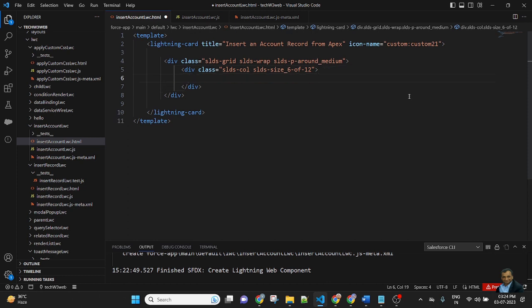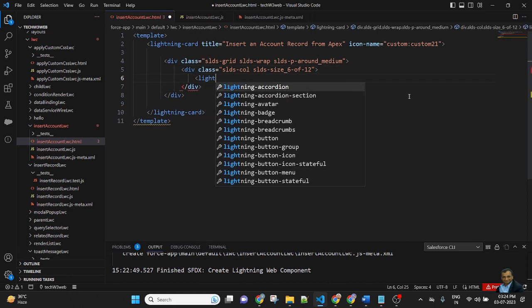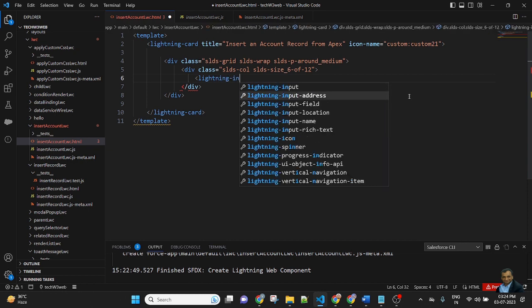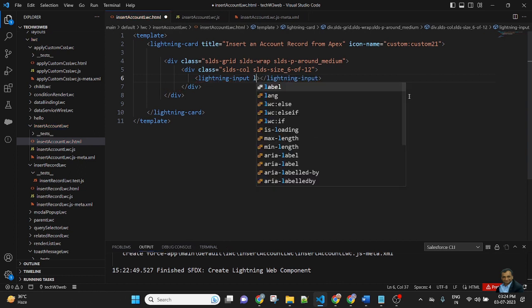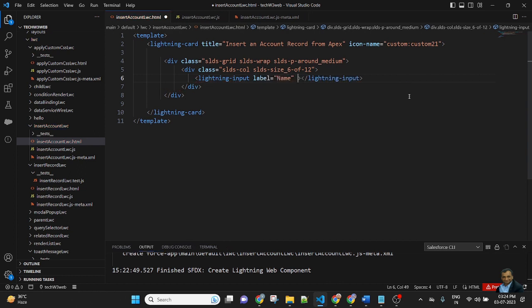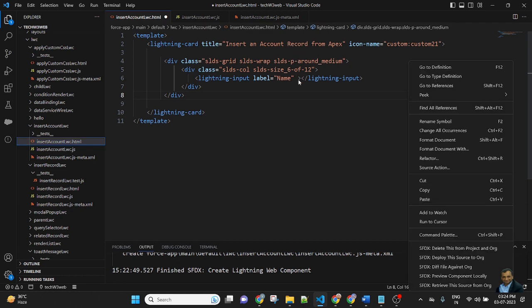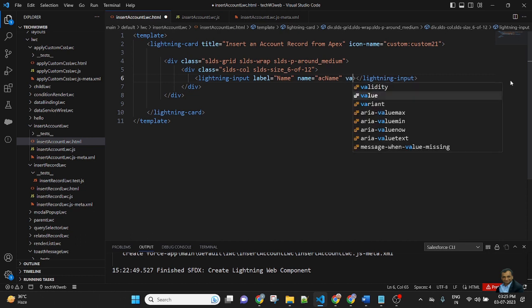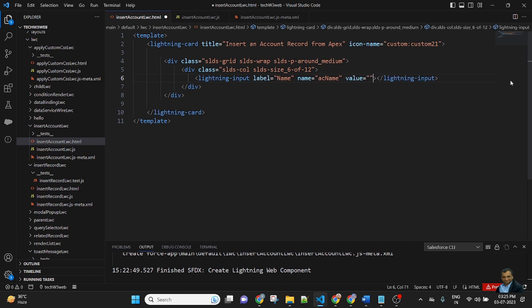Inside the div, I will create a lightning input. In the lightning input, label and name equal to account name, and value equal to, in curly brackets, since values are always passed in curly brackets, account name.